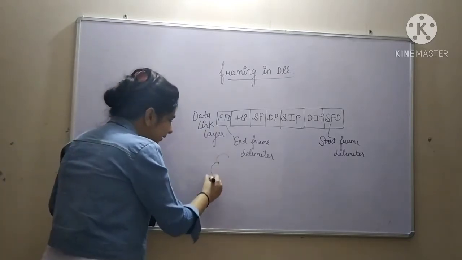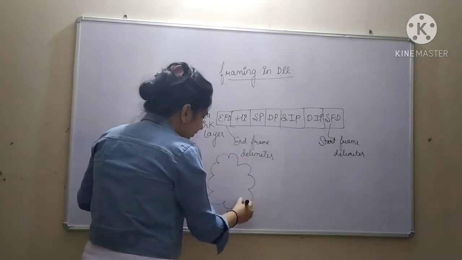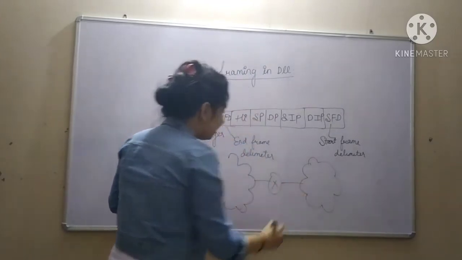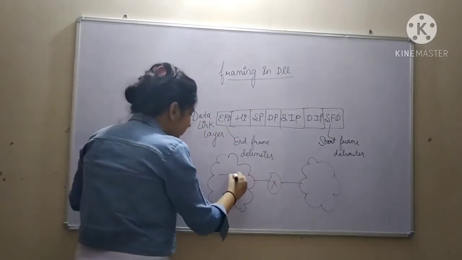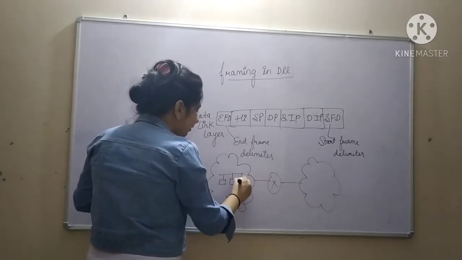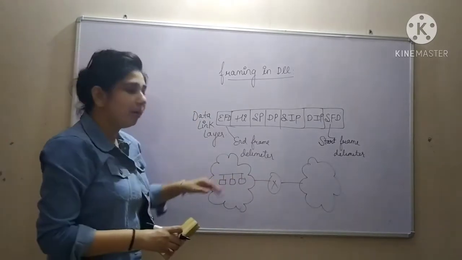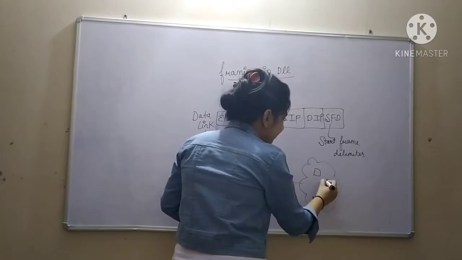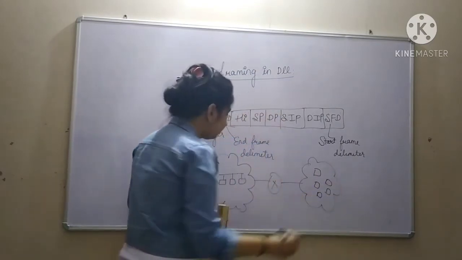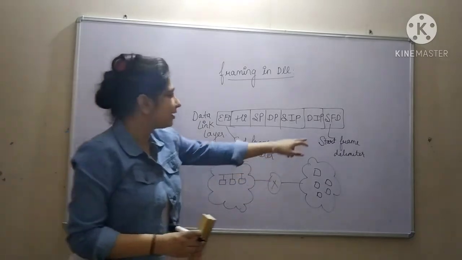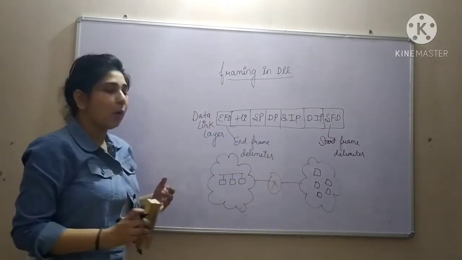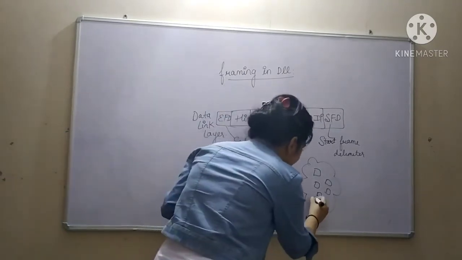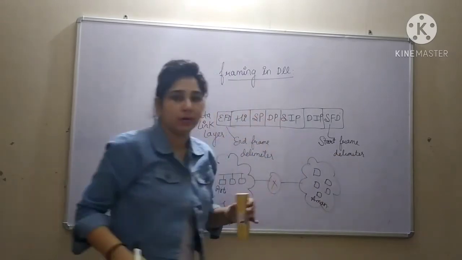Let's suppose this is one network and this is some other network. I am assuming that we have a bus topology in this network. All the devices are connected to a bus, and we have many hosts present in this network. So what is the use of start frame delimiter? Let's suppose my device resides here and I have a friend Aman. She resides in this other network.